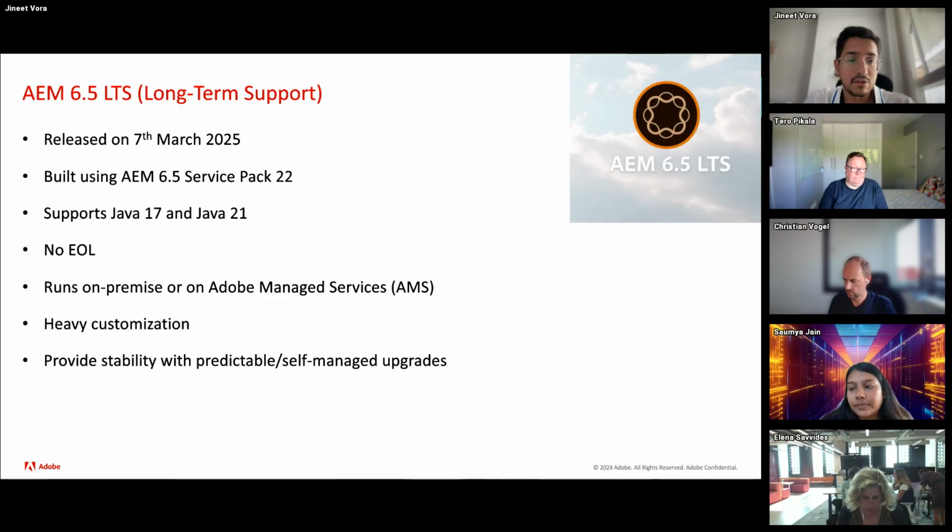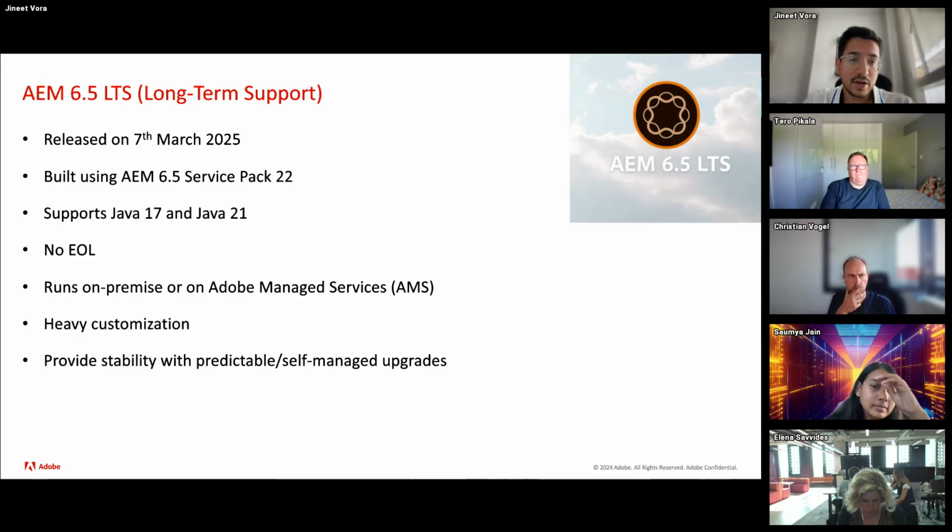All these customizations can equally be supported on 6.5 LTS. Obviously, there are a few deprecated APIs and things like that in this new version, which you can follow based on the documentation provided by Adobe. And you have control over all the updates or service packs, which are self-managed in this product.